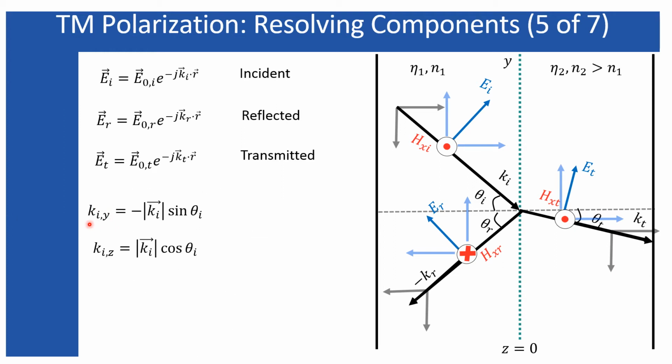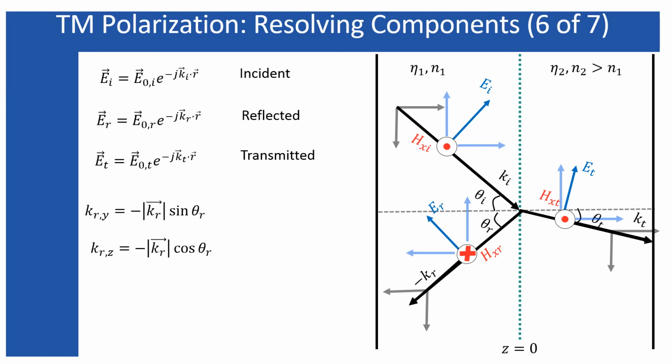The y component and z component of the incident wave can also be represented in this form when you know the angle theta I, which is the incident angle. Basically you should know this angle when you are directing a wave towards an interface. And this is the magnitude of the incident wave, which equals k naught times n1, as I have shown in my last slide. And similarly, this one you can represent in this way.